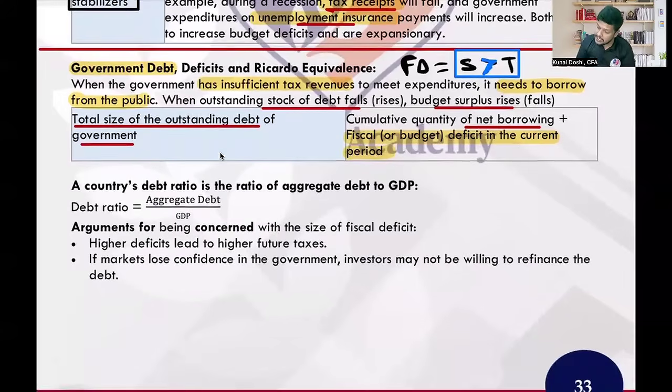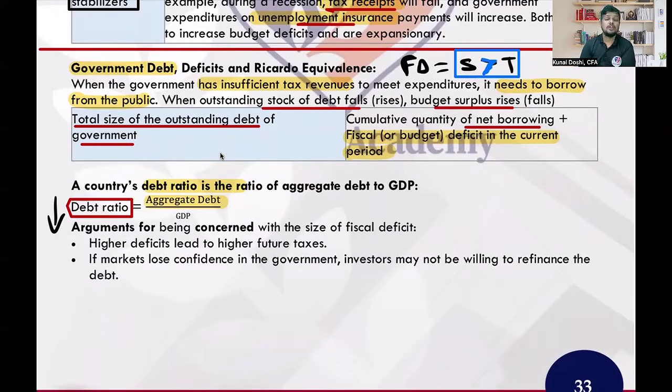Now, based on this, we calculate the debt to GDP ratio of the economy. What is the debt to GDP ratio? It's the aggregate debt of the economy compared to its GDP. That is called the debt to GDP ratio. Do we want an economy's debt to GDP ratio to be higher or lower? Like companies, where we look at the debt to revenue ratio, for the economy we want the debt to GDP ratio to be lower. But if the economy is in a prolonged fiscal deficit, this debt to GDP ratio keeps on rising.